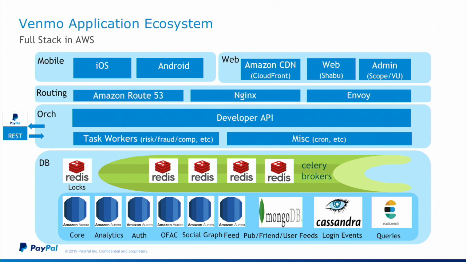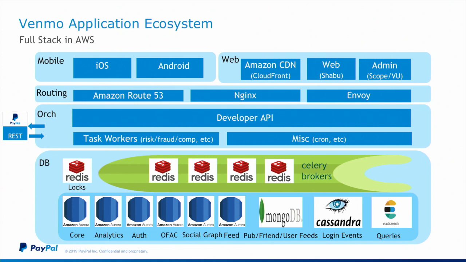In the database layer, you can see that there are multiple Aurora MySQL clusters for separate domains, such as core payments, authentication, OFAC, and also Venmo's social backend, like the social graph, feed, and user. The binlog replica is set up between the Aurora clusters within the region for analytical and reporting purposes, and also cross